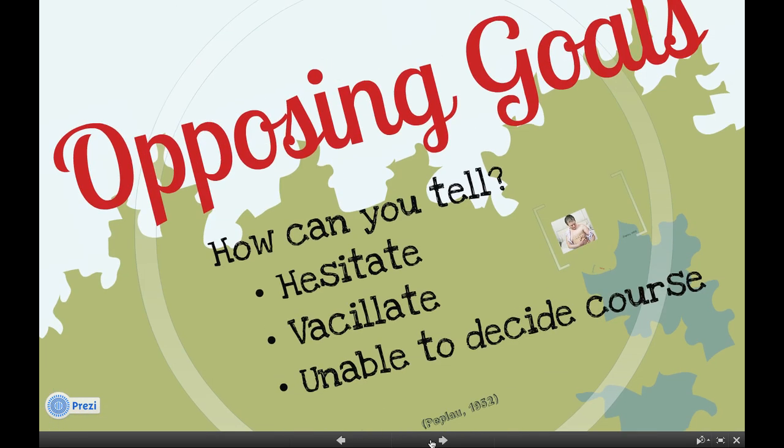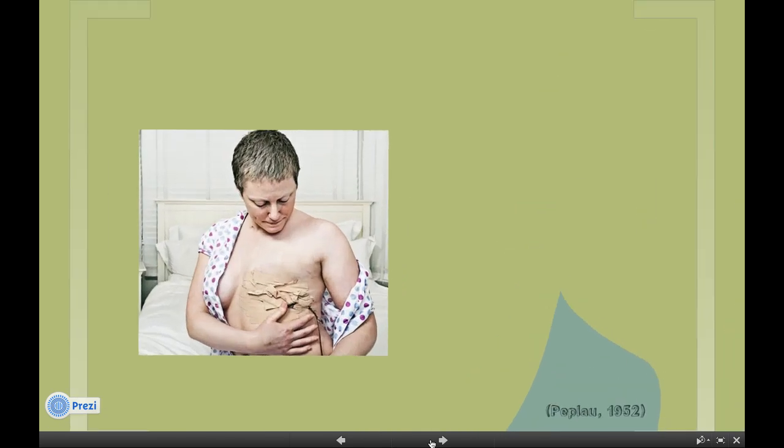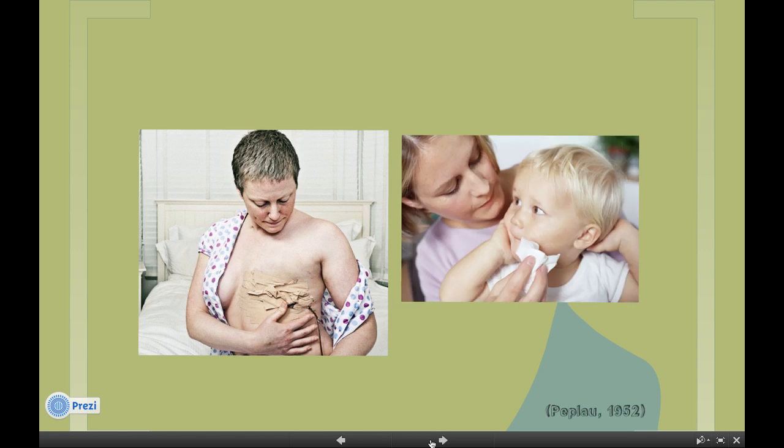Third, opposing goals refers to when someone has 2 goals that are in conflict and affect their behavior. Peplau says that you can tell when a patient is dealing with opposing goals when they hesitate, vacillate, or are unable to decide on a course of action. The best example I read about was a mother who had had a mastectomy. She's in the hospital and is eager to get home and take care of her child, but needs more time